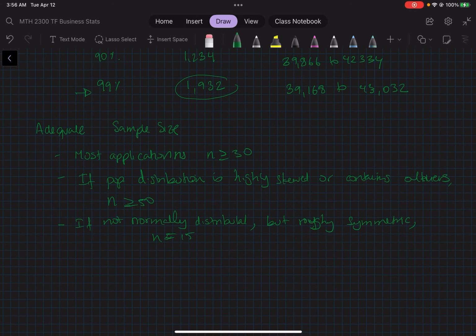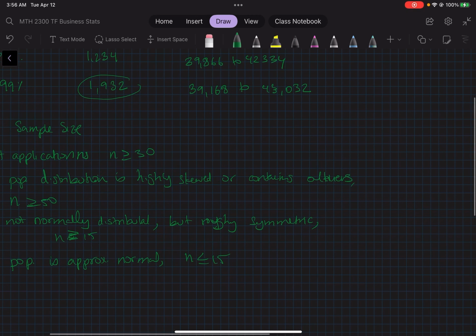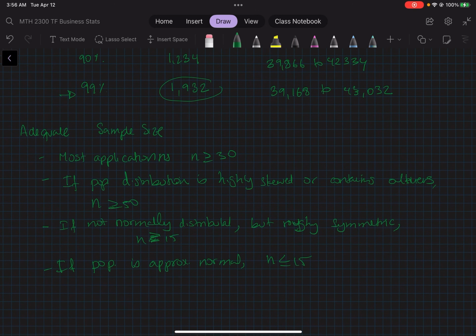Okay, we'll also say greater than or equal to 15. And then if the population is believed to be approximately normal, then we can say that n can be less than or equal to 15. The sample size can be smaller, but this is assuming that it is roughly normal. Okay, so the next thing that we are going to cover